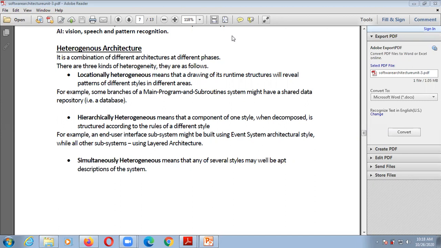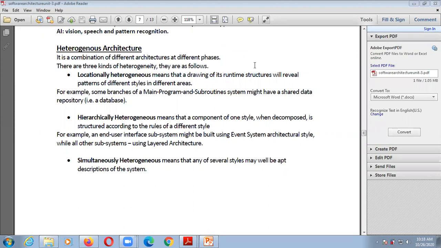That means a drawing of its runtime structures will reveal patterns of different styles in different areas. Here there is an example. Some branches of a main program and subroutine systems might have a shared data repository.